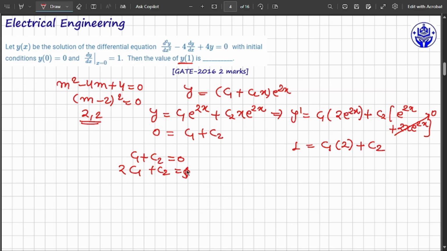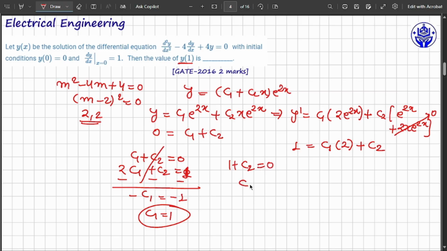Then it is minus, minus, minus. It is going to cancel, and this will be minus c1 equal to minus 1. It means my c1 is equal to 1. If c1 is equal to 1, then what? c2 is equal to minus 1. Okay, 1 plus c2 is equal to 0, then c2 is equal to minus 1. Then the solution is nothing but y is equal to 1 minus